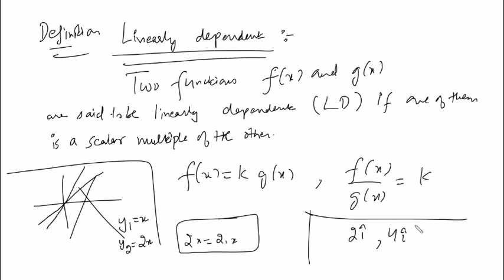So from here comes: two vectors are said to be linearly dependent on each other if they are just scalar multiples of each other. That means you remain on the same line but you just change your magnitude. You can see this 4i is just 2 times 2i. Similarly, now the analogous definition is for functions. If one function is just a scalar multiple of the other, they are said to be linearly dependent. So you can just have an analogy of that definition.